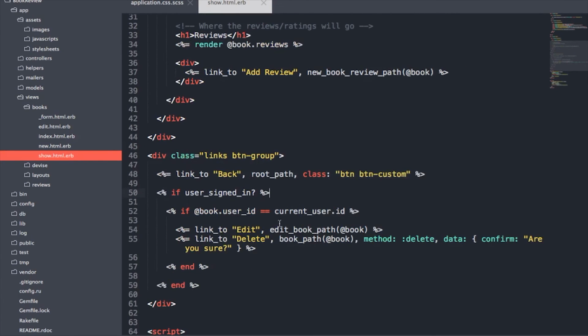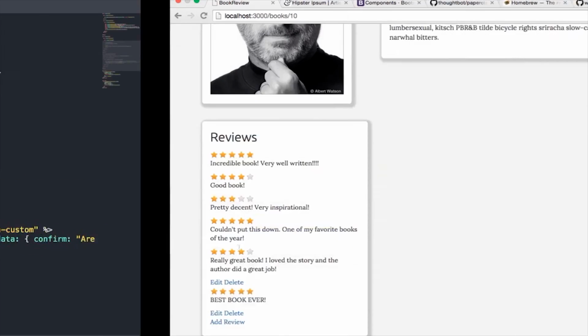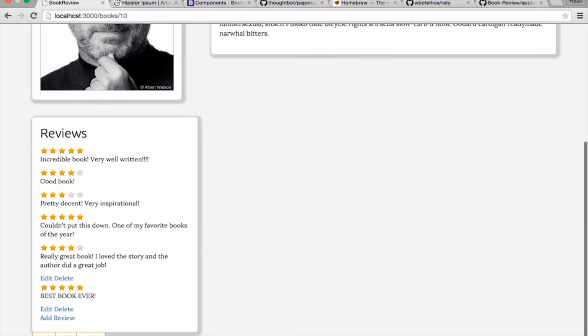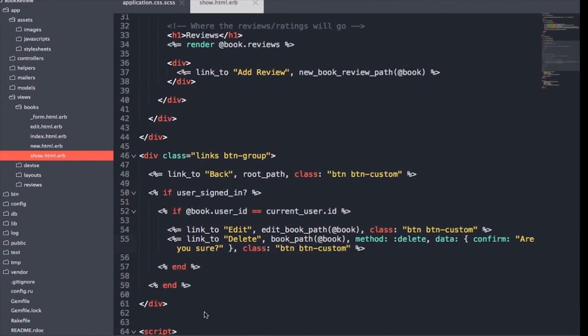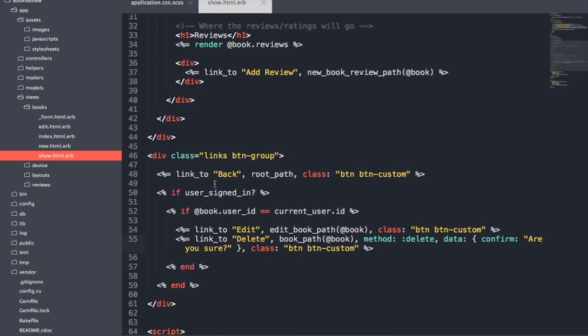I accidentally pasted that, so we'll copy that, paste it here, and we'll paste it to the delete button. If we come back over, we'll see a nice little styling here with these buttons. Awesome. Okay. So now what we want to do again is go back to our review partial